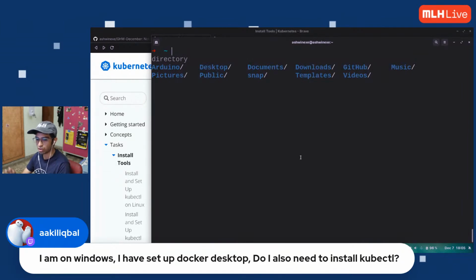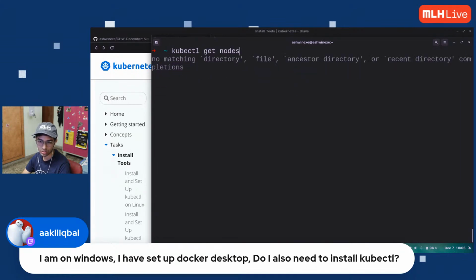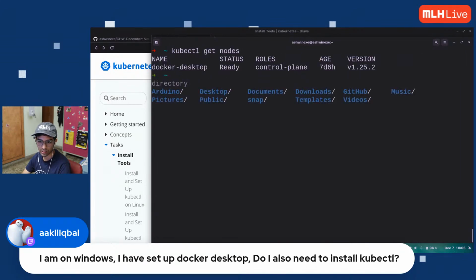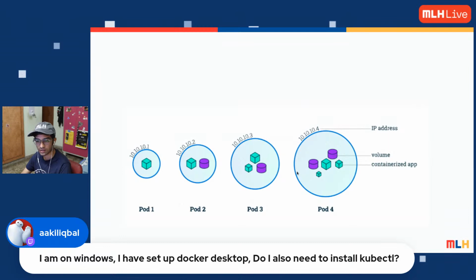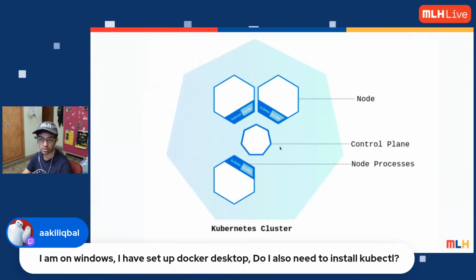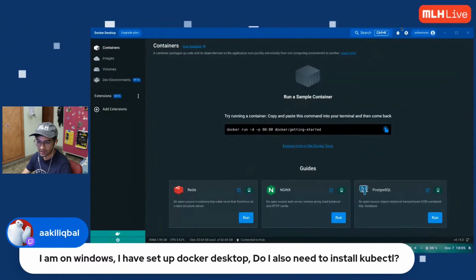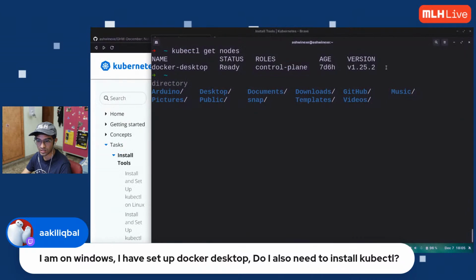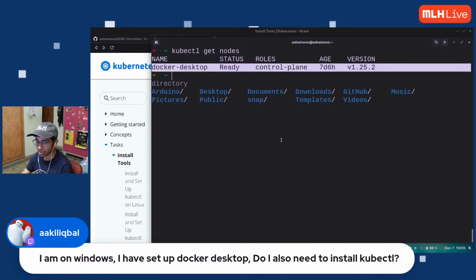the command to see what nodes are running is kubectl get nodes. If I click enter, it says Docker Desktop is running, it's ready, and the role is control plane. Remember, control plane is the main node which controls all the nodes. So that one node is important. That is required for Kubernetes to run. If I turn off my Kubernetes in my settings, this will go away. And remember, the version is also 1.25, which we checked. So right now I'm running only one node.